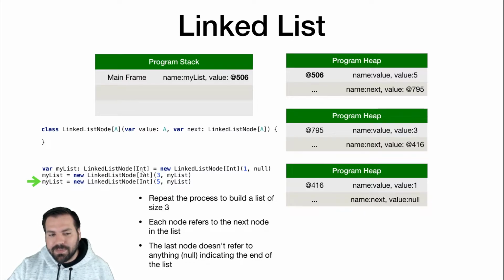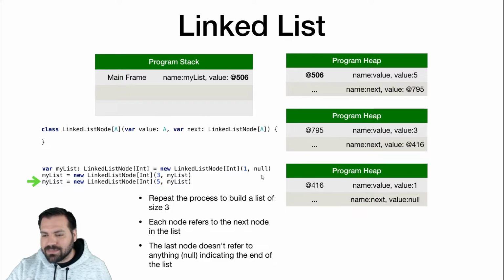In this example, we're going to set A to int and create a linked list node of int. In Scala, using Scala's list, you would create a list of type int and then create a list and give it some ints. You would create a list of strings, give it some strings. We take the type parameter so this data structure can store whatever anybody using this linked list wants to store.